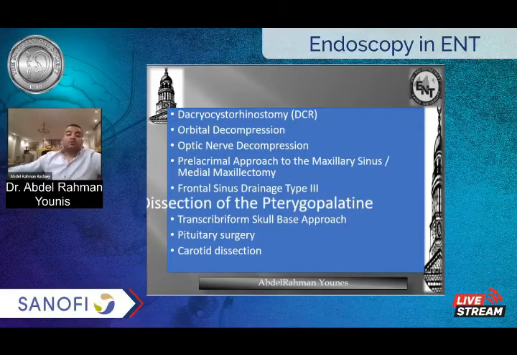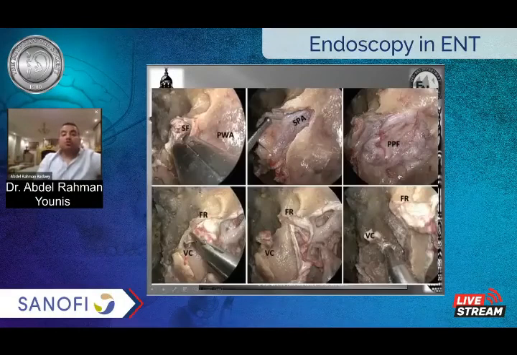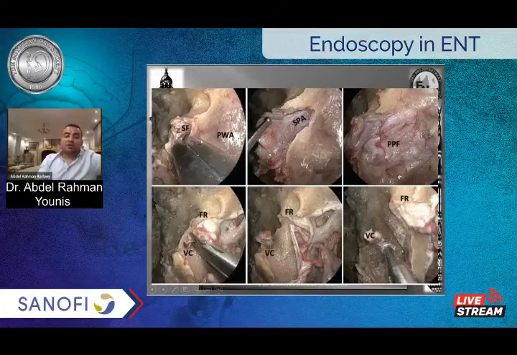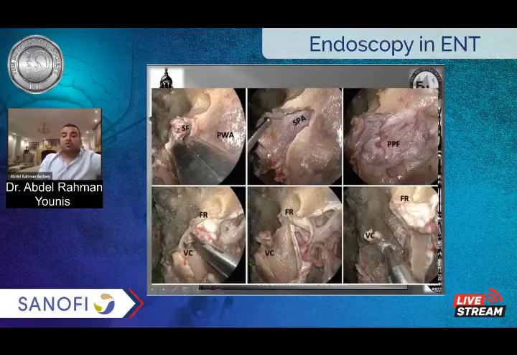The pterygopalatine fossa is located behind the posterior wall of the maxillary sinus. If you have a wide middle meatal antrostomy exposing the posterior wall of the maxillary sinus, you're going to have the sphenopalatine artery coming through the sphenopalatine foramen. You can use it as a guide to enter the pterygopalatine fossa. You remove the whole posterior wall of the maxillary sinus, and in the middle you will shift from the pterygopalatine fossa